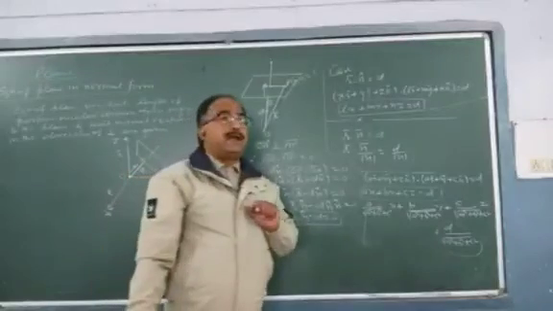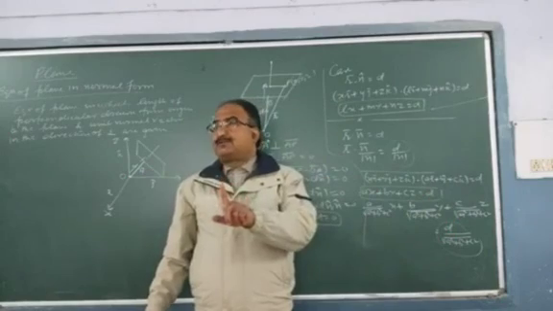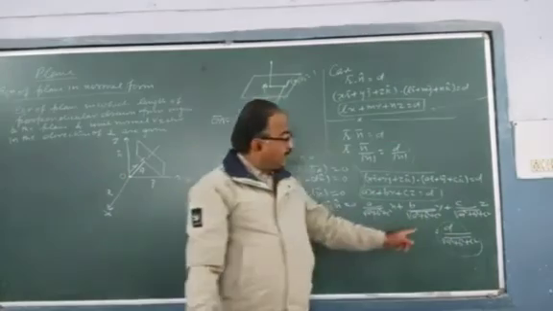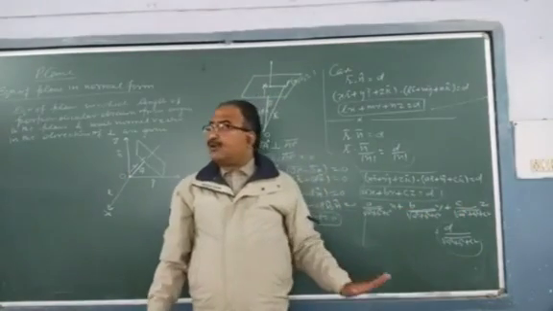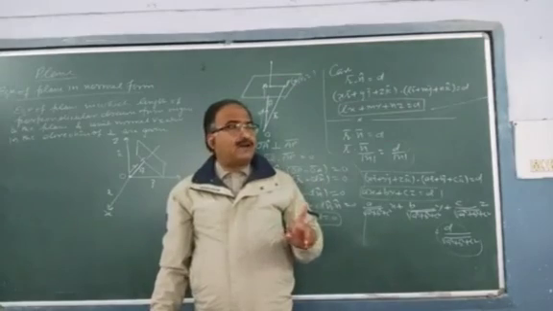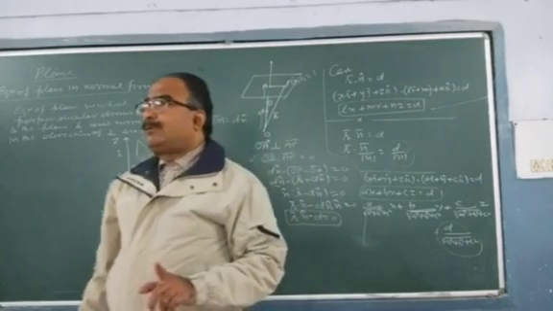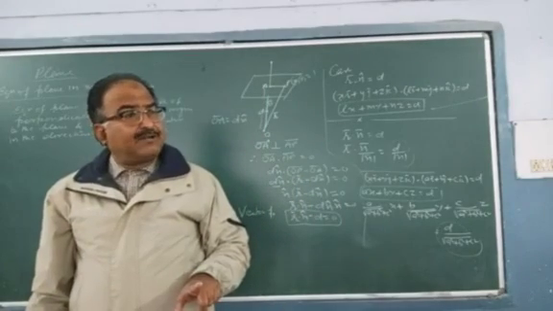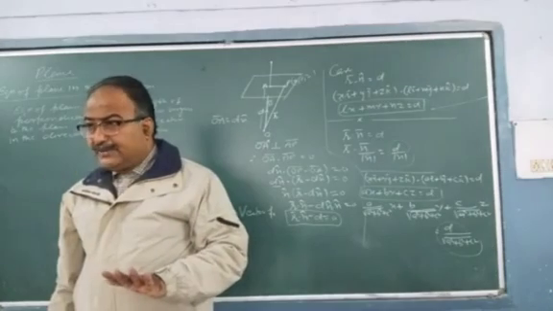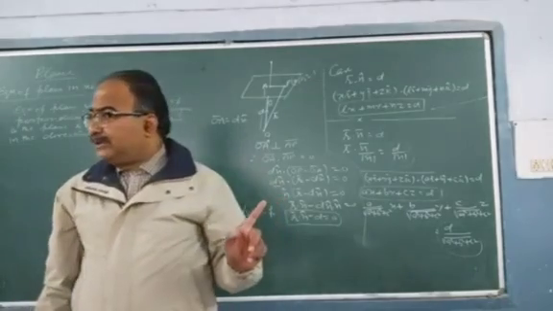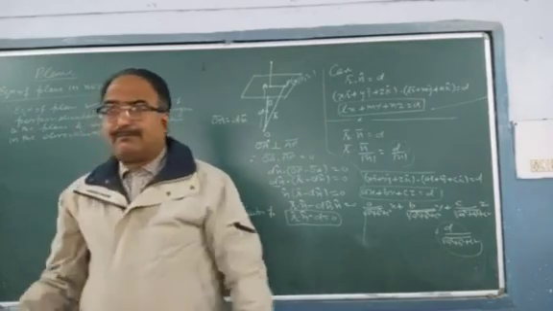Now keep one thing in mind: if d is negative, first make it positive, because distance is always positive. In that case, you multiply both sides by a negative sign to make it positive. Is it clear? This is all about the first point of this chapter, that is the equation of a plane in normal form, in which the length of the perpendicular drawn from the origin is given to you, as well as the unit normal vector and the direction of the perpendicular. So once again go through it and see its example. Then we will discuss whatever examples you have seen in the problem. Just see.